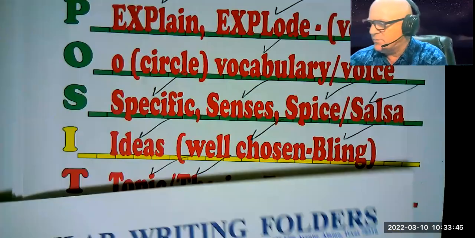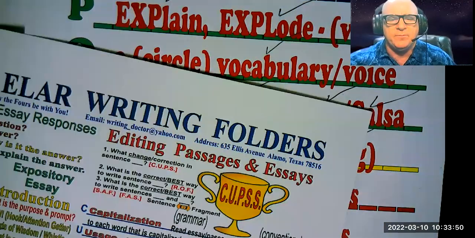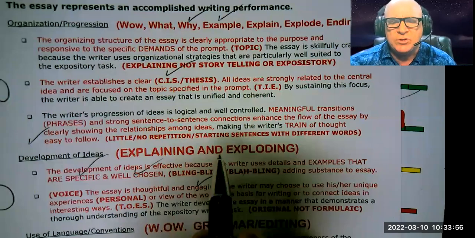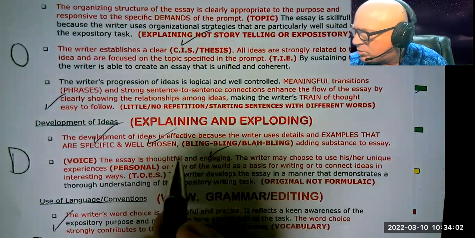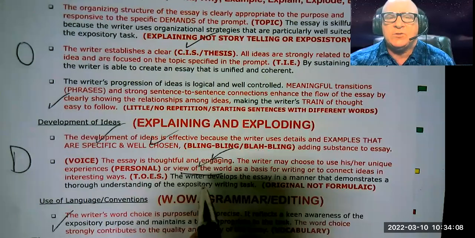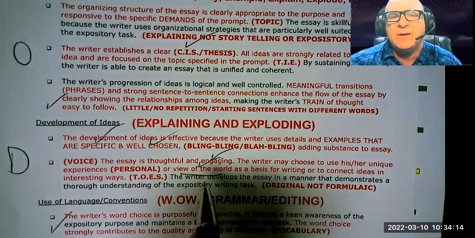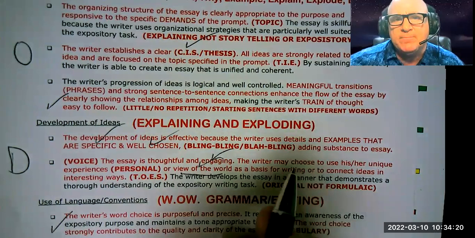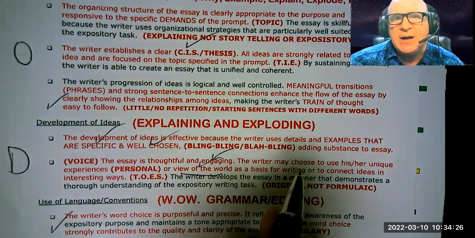What are your thoughts? Thoughts are, as you saw inside the adult rubric, the essay may choose to use his or her unique experiences or view of the world. The way that I view the world is what I think. And so when the students and teachers ask me, can I write in first person? Yes, they want to know what your student thinks. So it is absolutely wrong to tell the students they cannot write in first person using words like I or me. Someone is not understanding the prompt,